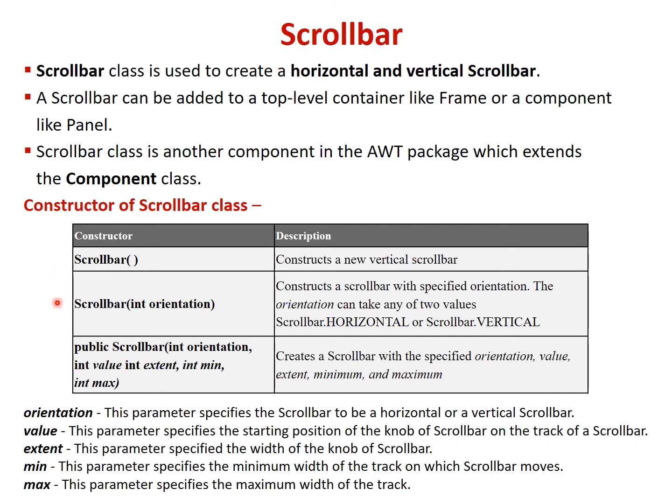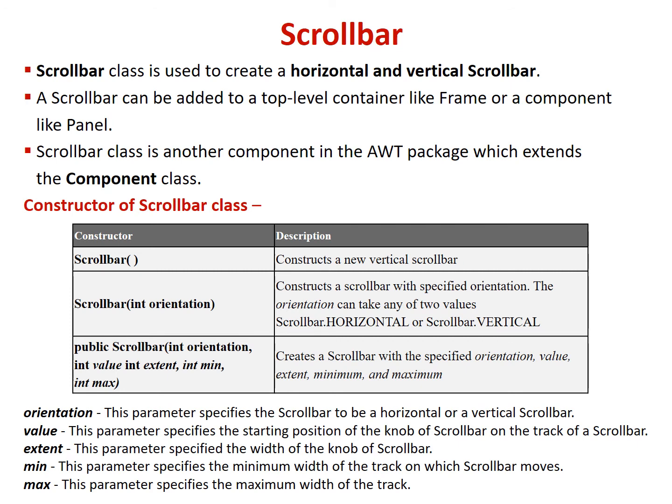Then the next is the scroll bar constructor with one integer parameter, that is orientation. This will now construct a scroll bar with specified orientation. The orientation can take any one of the two values, that is scrollbar.HORIZONTAL or scrollbar.VERTICAL. And the third one is the constructor with 5 integer parameters, of which the first one is the orientation,